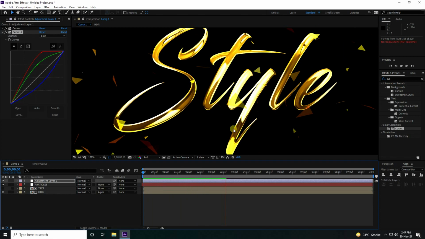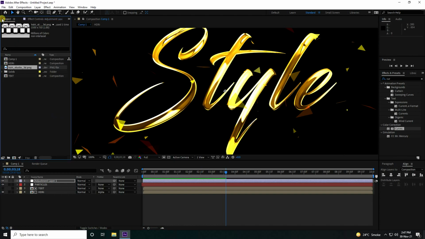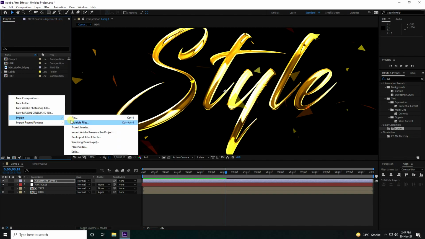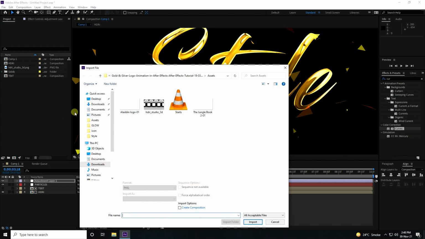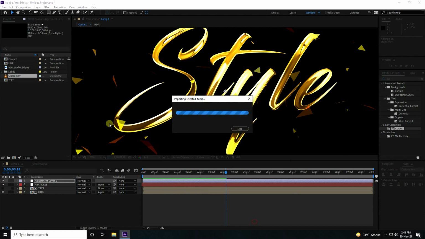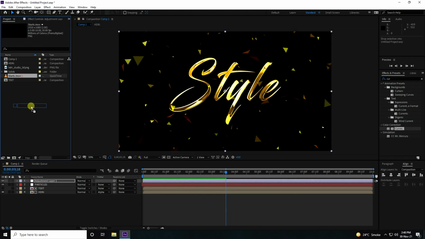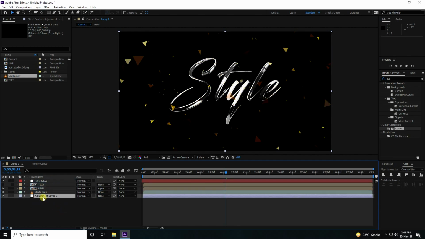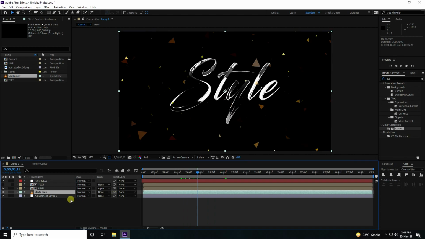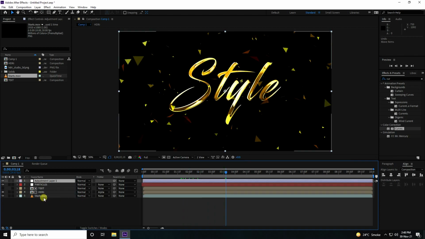Now next, I apply some star particles. Go to the project panel and import a file. I have a file, so select the stars, and drag and drop it here. Select your star particles and move them down below the adjustment layer.